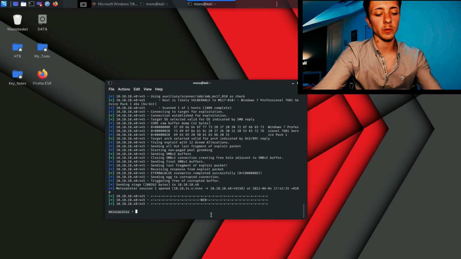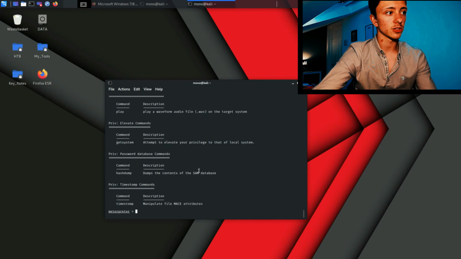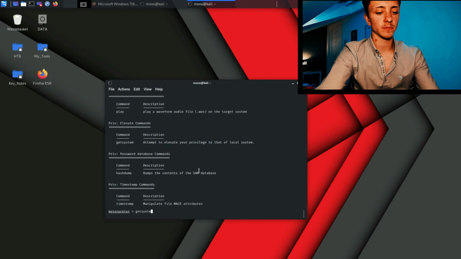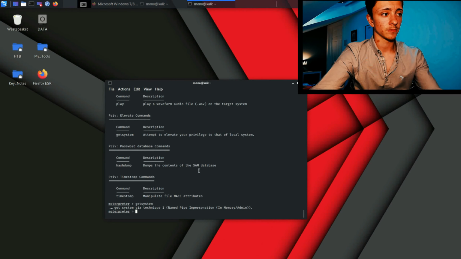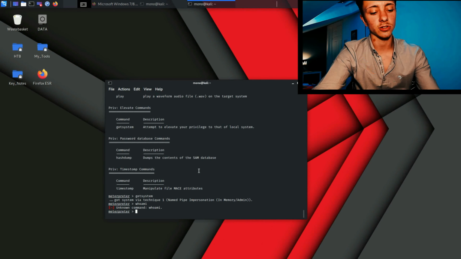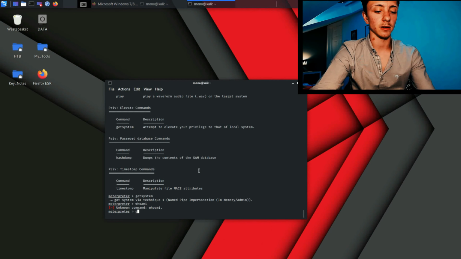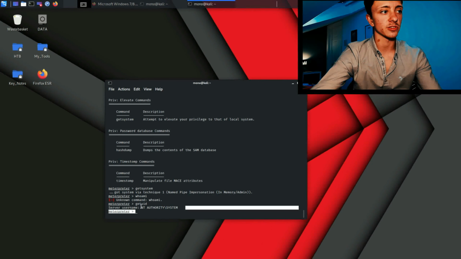So, you know, we can type in sysinfo. I'm pretty sure that's only for shells though. So let's just type in help just to make sure. So we can try to do getsystem, just in case we're not root. Yeah, whoami is not a command, so we can do something like getuid maybe. There you go. Now we're NT AUTHORITY\SYSTEM because this is a Windows machine, so we're actually the highest privileged